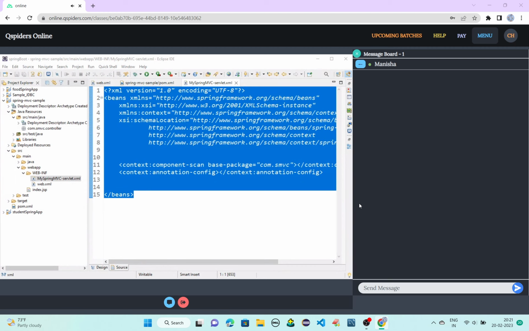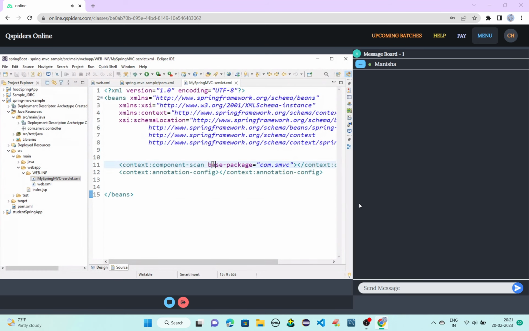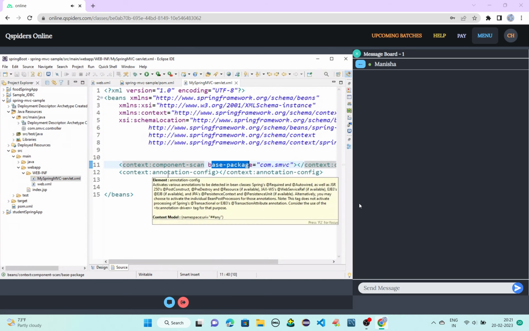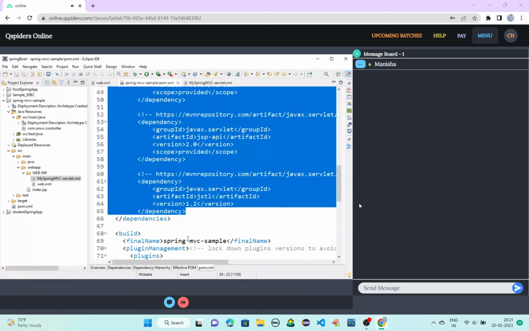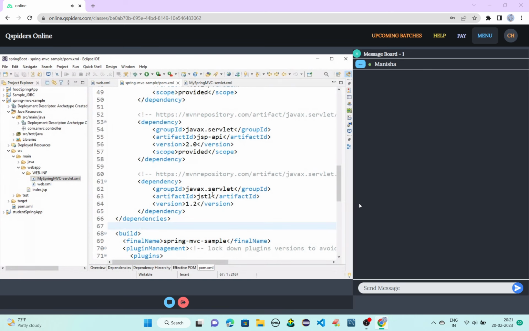When it comes to your Spring related project, it is very important to specify your base package either in XML format or in your annotation based format. Okay, this is very much important. Done till here? Once after writing the entire code, I'll explain the flow and architecture, right? The same way I'll explain here also, so you'll have some idea.